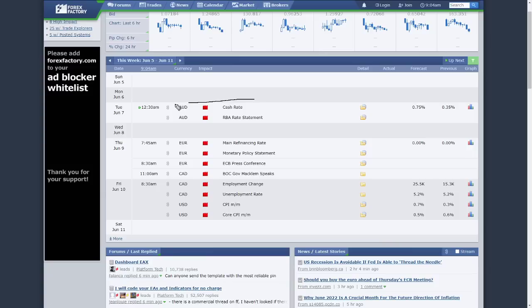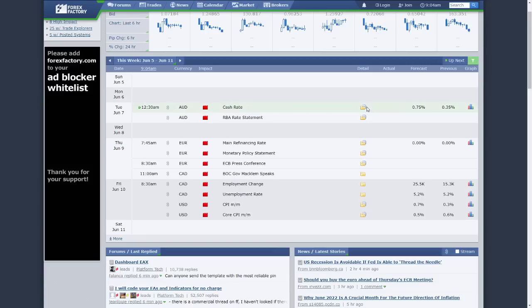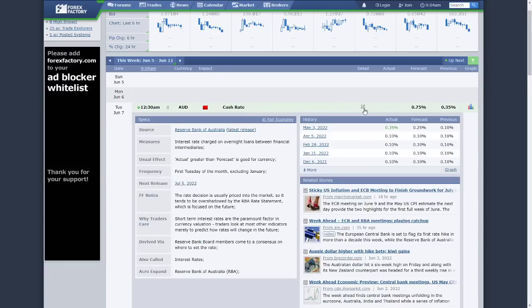And then Tuesday, we've got the cash rate, so the rate statement, which is very intriguing for the Australian dollar. The Aussie dollar is expected to raise rates this week up to 0.75%. That's a big jump, and it will be interesting to see. There probably won't be any surprises. Usually with these, they are not very surprising. But to be fair, in May of 2022, we were expected to get a 0.25%, and we got 0.35%, which was very bullish for Aussie pairs. So we'll watch out to see if there's any interesting patterns like that on Tuesday.